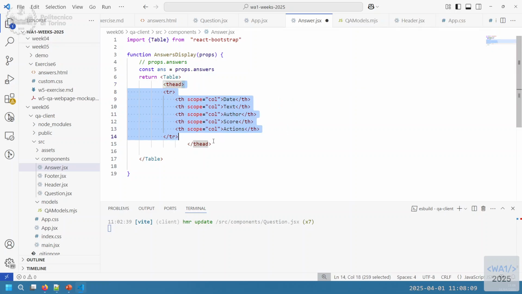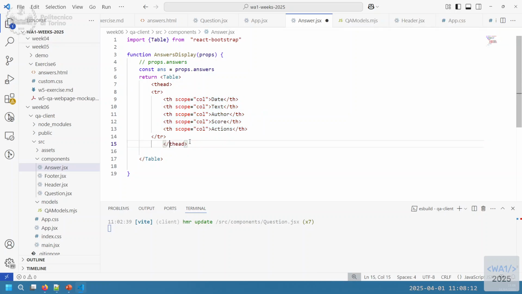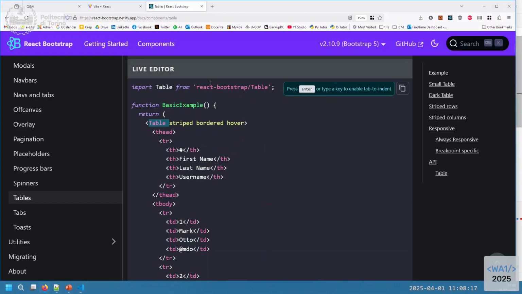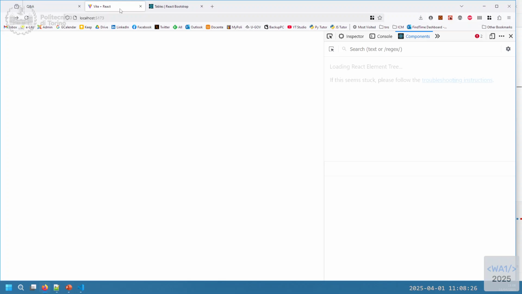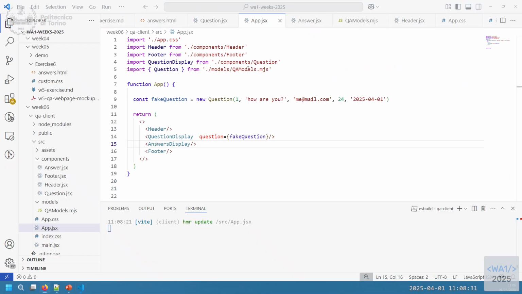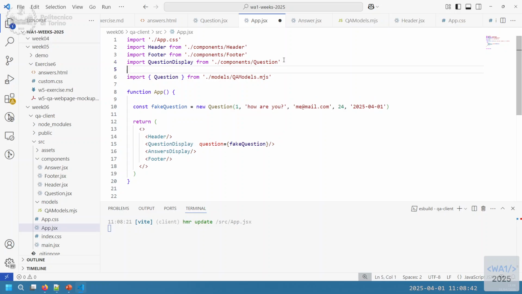Okay, we can fix it, but let's see if it works. So let me uncomment it from the app and see what we are creating. Again, yes, in the break I need to restart this computer because it's creating problems. Answers display, I need to import it. I should receive errors, but import answers display